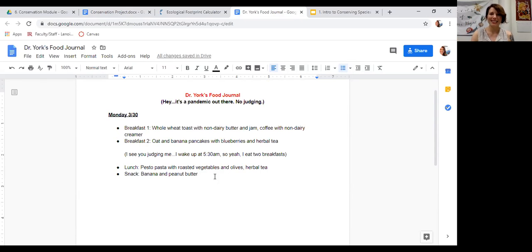I also have a little compost thing going on at my house. Sometimes I am better about it than other times, but just trying to reduce food waste is a big deal as well. And the last thing that I think really bears mentioning, and this is a hot button one,